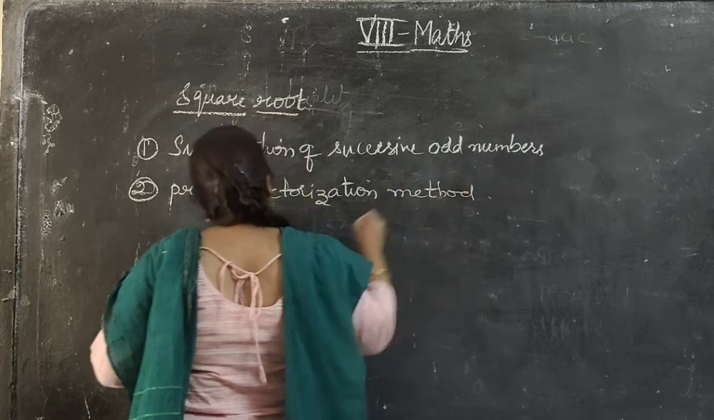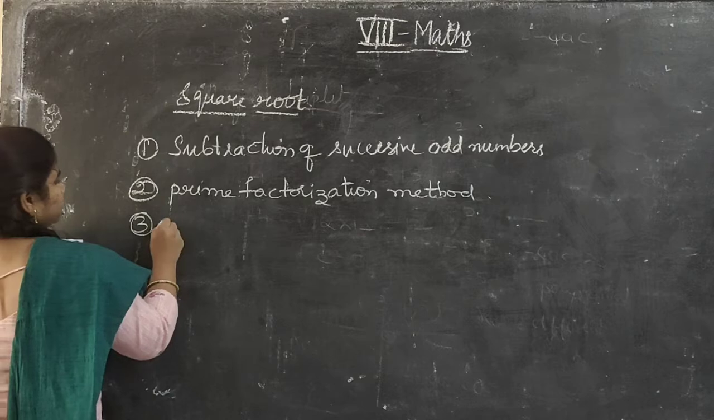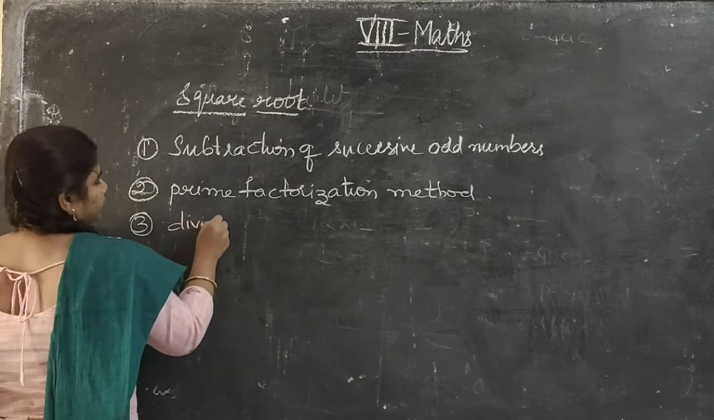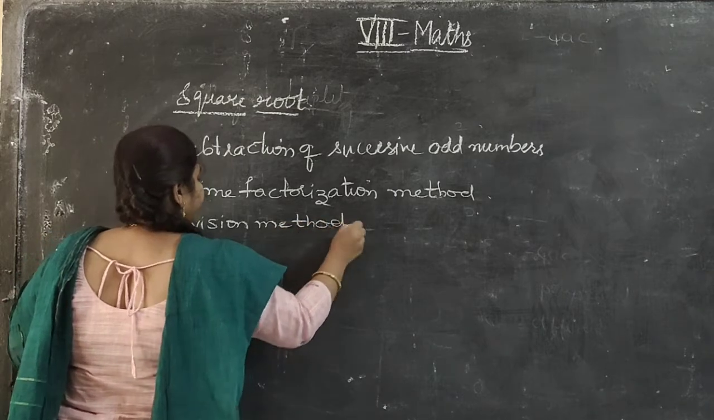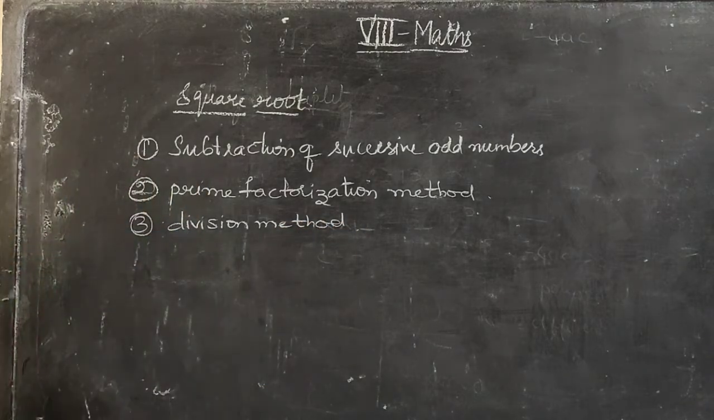Third one is the division method. So how many different types of methods are there for finding the square root? We are having three different types of methods. One is